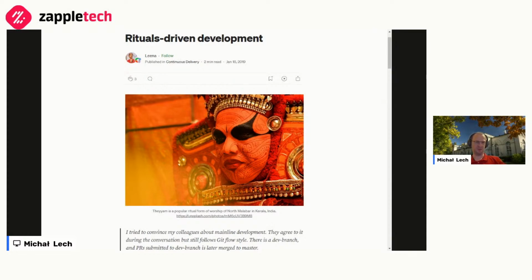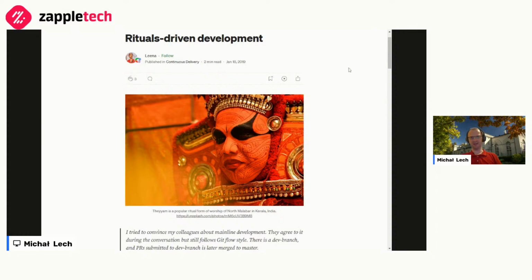I'm mostly a programmer who just ended up specializing in testing and then suddenly found himself a leader of various smaller and bigger groups of other engineers. My main subject for today is going to be a way development can unfold in certain organizations, which is rituals-driven development. That is a term I used to think I had coined myself. It was my own invention, trying to describe the way certain teams were working.